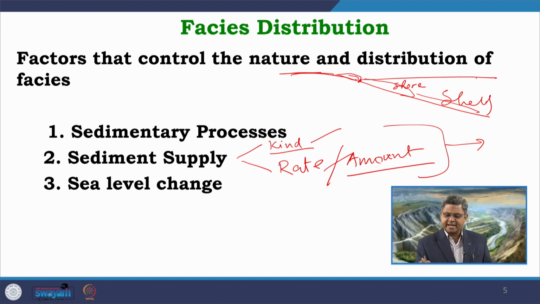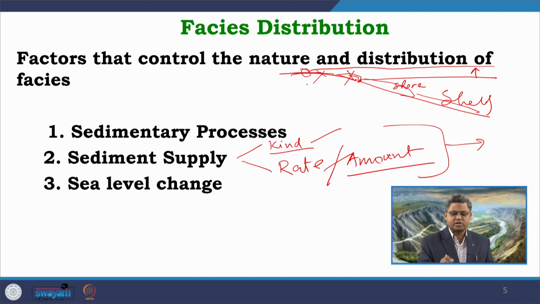Now, if there is a change in sea level, for example, maybe it is rising. Due to that rise, the sea will try to cover up this area. This rising sea level will try to encroach into the land and will cover up many coastal areas. What will be the result? This delta will no more exist, or maybe it will form somewhere here.